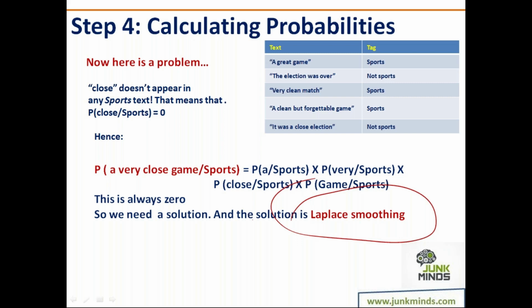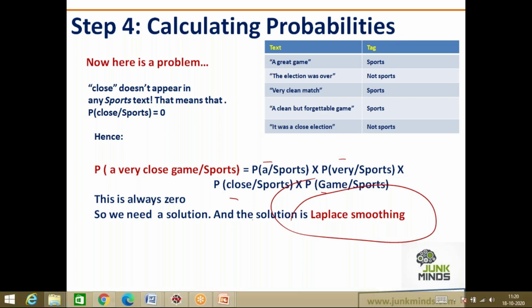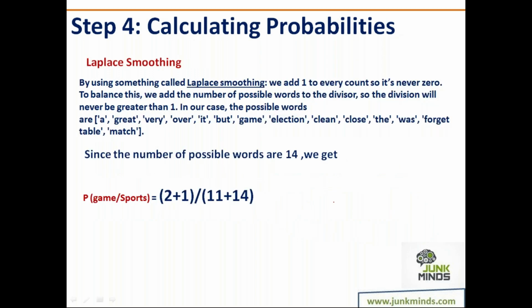Now, what does Laplace smoothing do? It's such a simple funda. What I know is that one of these values in the numerator can become 0, and that is what will make my answer 0. What I do is simple: whenever I'm taking the values, I will add 1 to it. I don't care what the value was, I will add 1 to it. So worst case, if this is 0, 0 plus 1, this becomes 1.